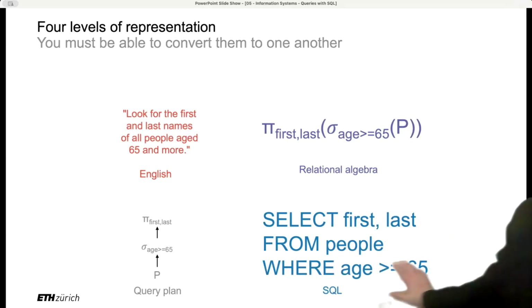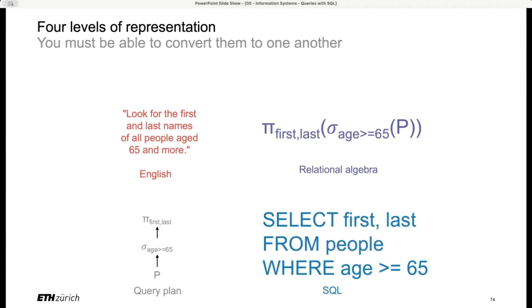And that would be the SQL query that does the same. All these four are different worlds, but eventually they do the same thing. They solve the same problem, right? So the SQL is what you would put in your Jupyter notebook. The relational algebra expression is what you would write on a piece of paper or on the blackboard when you